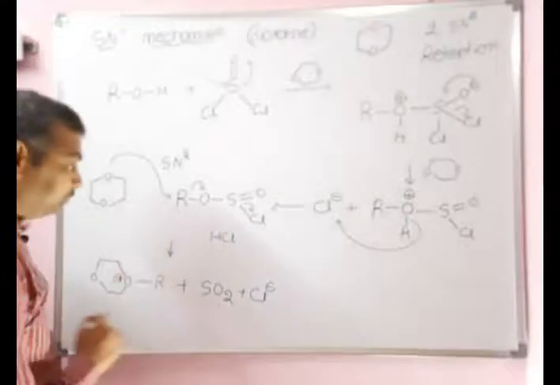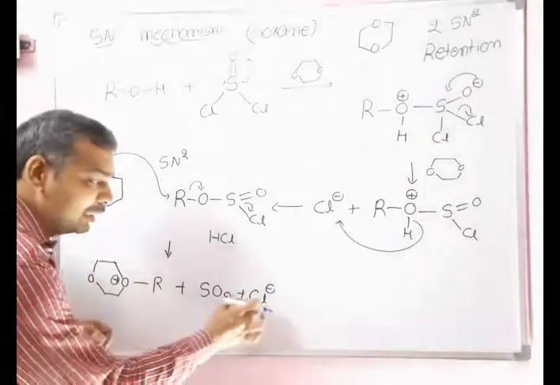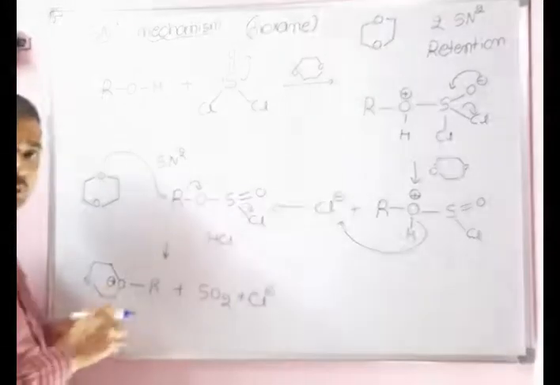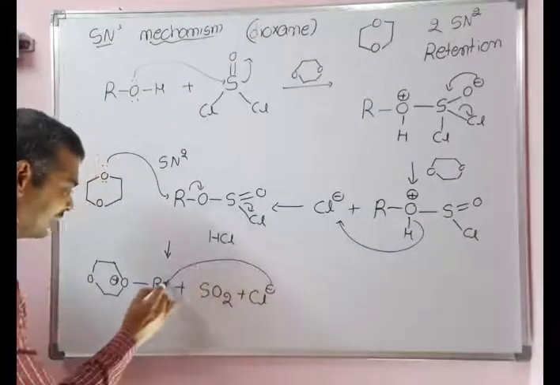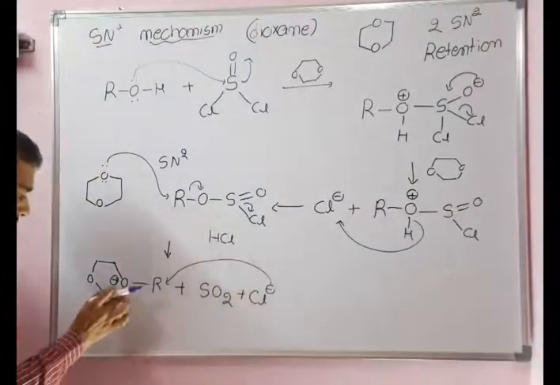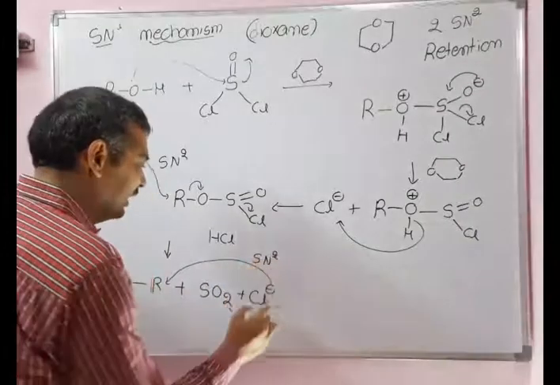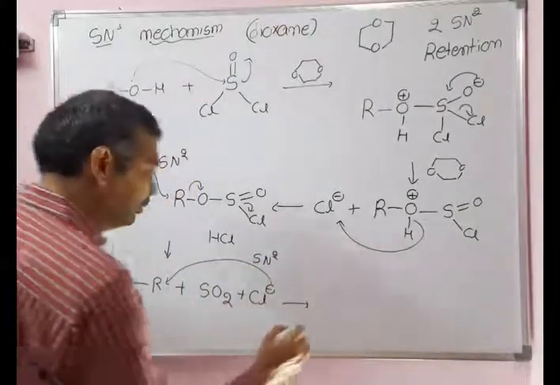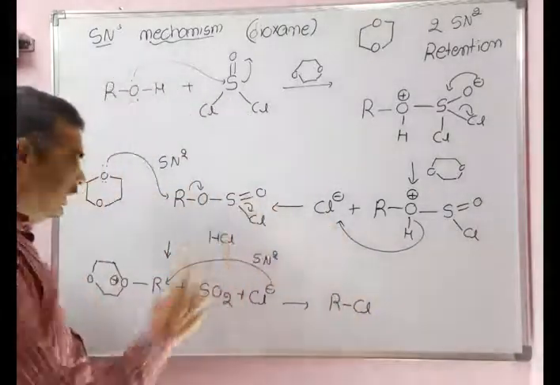See, now Cl minus is free in the reaction. There is no H plus to combine this Cl minus with H to get HCl. Only Cl minus is there in the reaction, and that will attack again from the backside with respect to the oxygen as SN2. Again inversion with respect to this isomer. As a result, RCl will be formed, and then